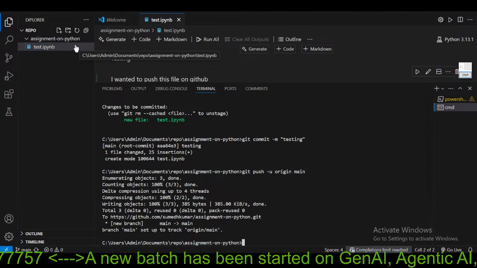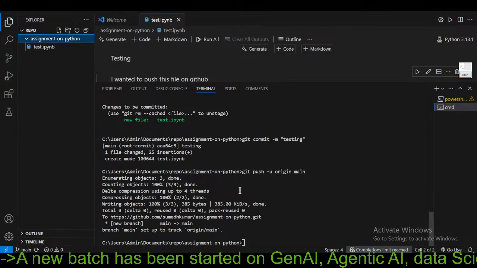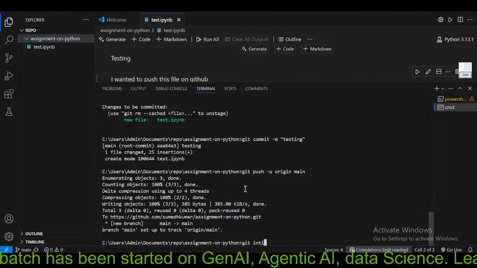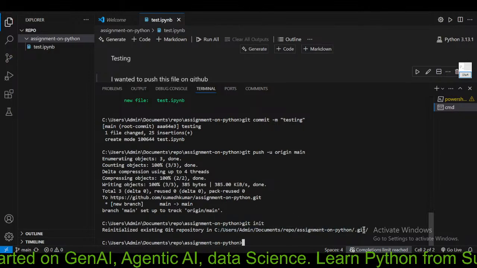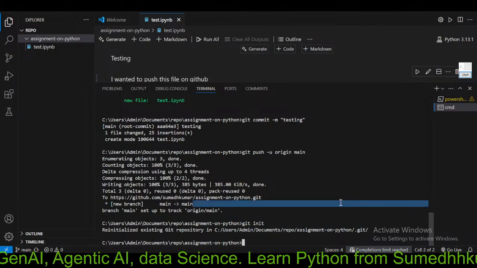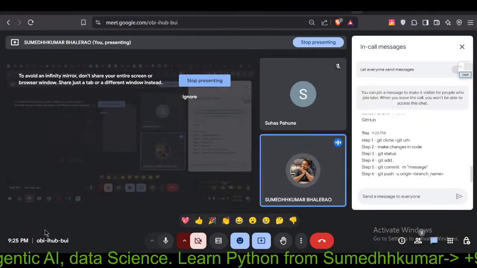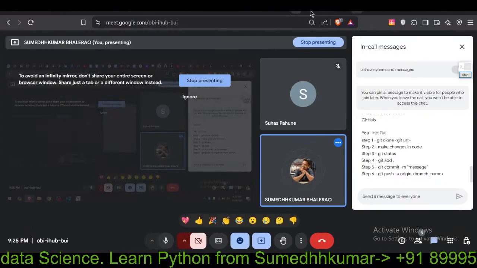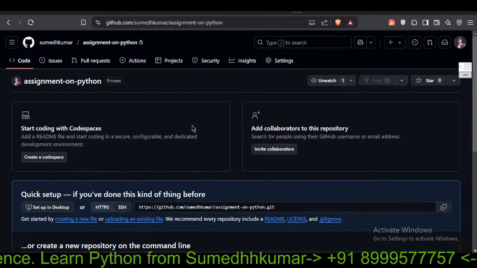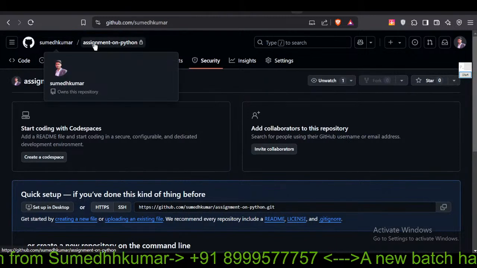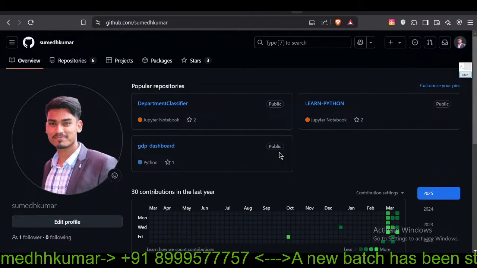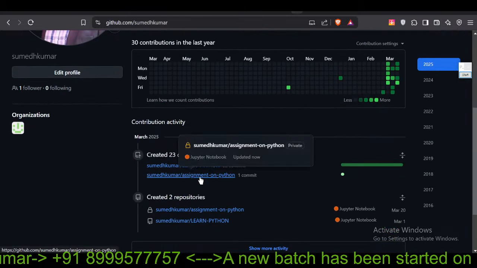So if I say git init, so it will say कि ये कोई तो लाइब्रेरी है, GitHub की लाइब्रेरी है। और जो भी मैंने चेंजेस पुश करे थे, you can see, कहाँ पर है मेरी यार, प्राइवेट रिपॉजिटरी यहाँ पर है।